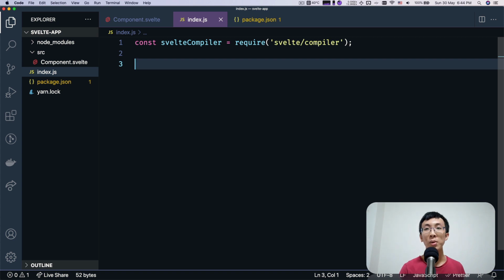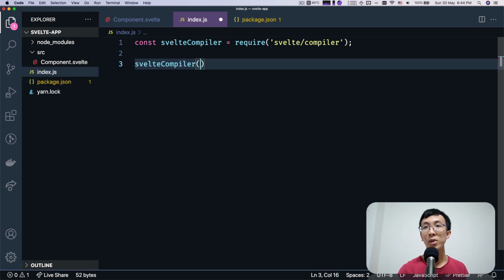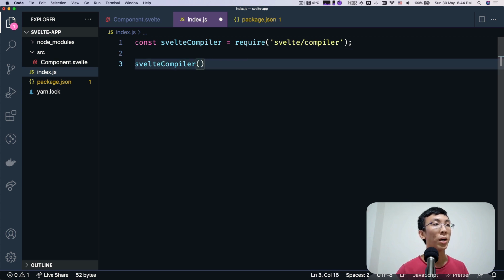This is what is being done under the hood. I'm going to take a look at the raw way of doing things. So we have the Svelte compiler and we're going to compile our code targeting SSR, so that we get a function and we can call this function to get us HTML.